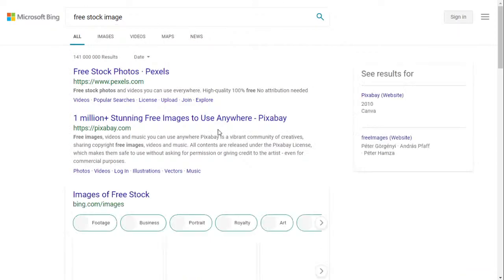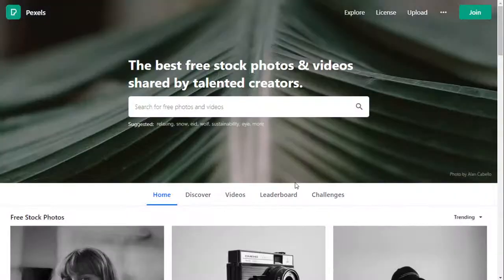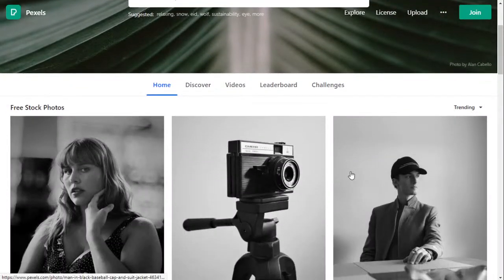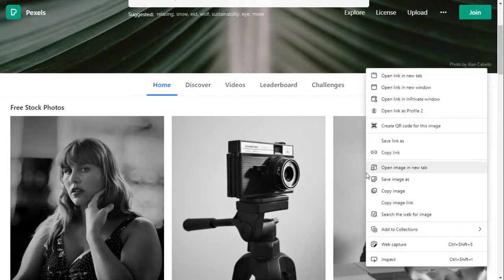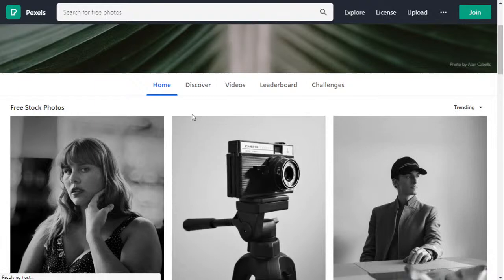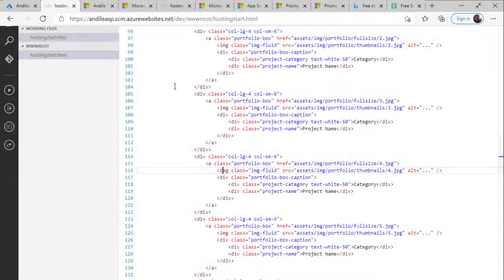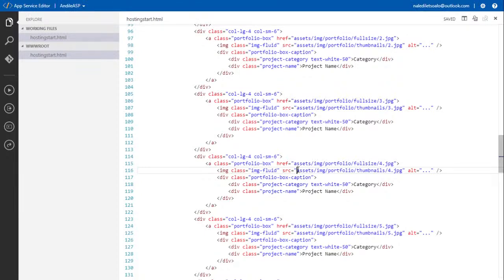All right, free stock images, free stock photos. Great. So we're now going to use some free images that we can then just get. And what we're going to try and do is copy image link.